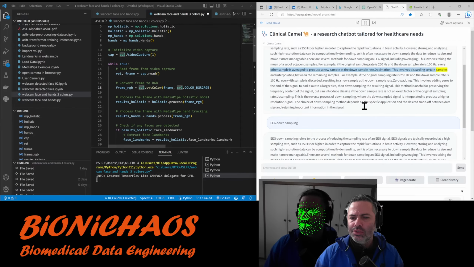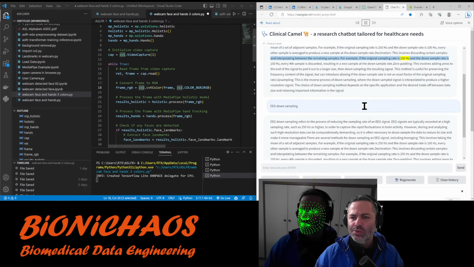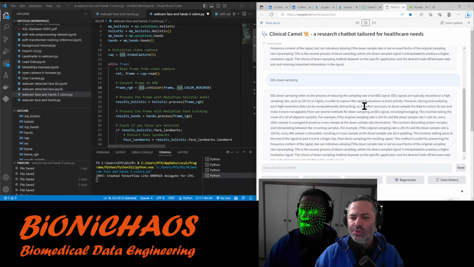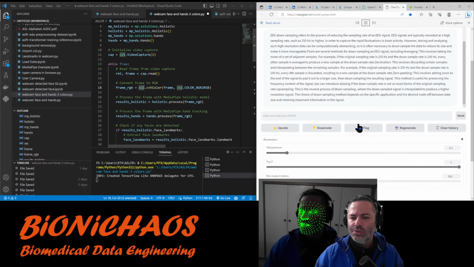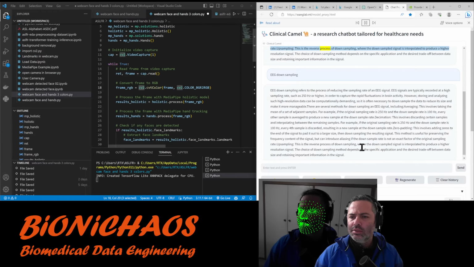Decimation. This involves discarding certain samples and interpolating between the remaining samples. For example, if the original sampling rate is 250 Hz and the downsample rate is 100 Hz, every fourth sample is discarded, resulting in a new sample at the downsample rate. Zero padding. This involves adding zeros to the end of the signal to pad it out to a larger size, then downsampling the resulting signal. This method is useful for preserving the frequency content of the signal, but can introduce aliasing if the downsample rate is not an exact factor of the original sampling rate. Upsampling. This is the reverse process of downsampling, where the downsampled signal is interpolated to produce a higher resolution signal. The choice of downsampling method depends on the specific application and the desired trade-off between data size and retaining important